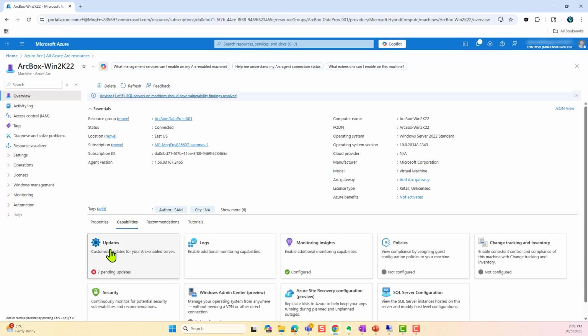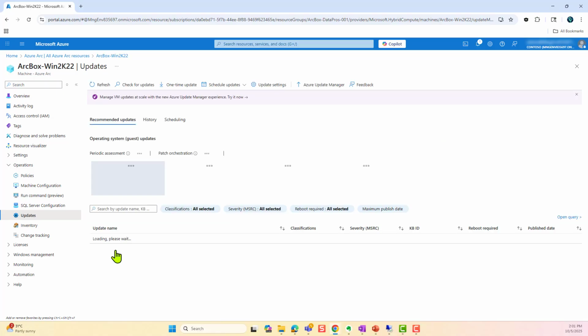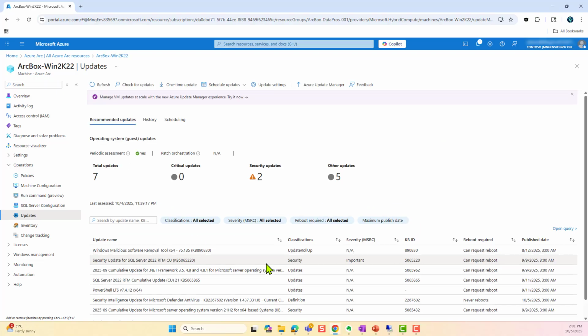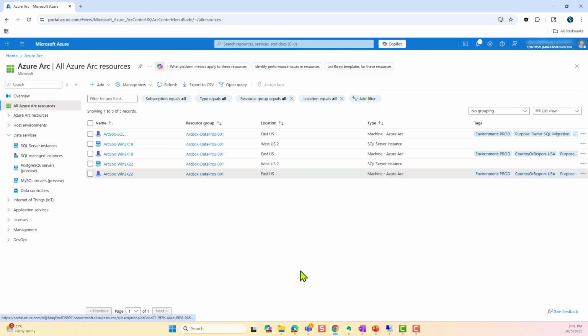For instance, if I want to see all the updates on that machine, I can click here on updates. And this will show all the pending updates, the severity, the knowledge base, if there is a reboot associated with that update, and when the update was published. If I now go back, click here,